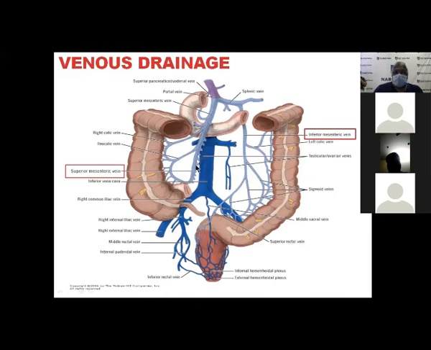This is the venous drainage. You can beautifully see the whole thing is draining. In the rectum, it is draining into the internal iliac. From here, it goes to the inferior mesenteric vein. It can either open in the splenic vein, or into the inferior mesenteric vein, or at the junction of the inferior mesenteric vein. Sometimes it goes inside and opens into the portal vein. All these are possible. This is on the right side. This is superior mesenteric vein, inferior mesenteric vein.